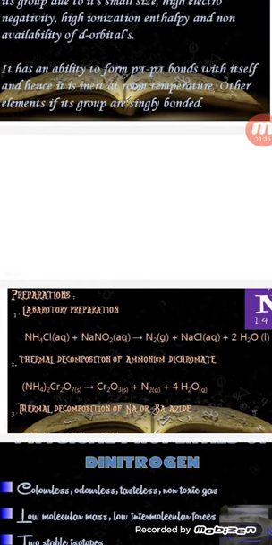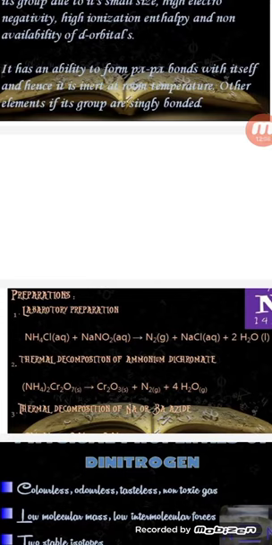Sometimes we are asked questions like to write down the laboratory preparation of nitrogen. To prepare nitrogen in the laboratory, we use whatever nitrogen containing compounds are there in the lab. Very easily available nitrogen containing compounds in the lab are ammonium chloride and sodium nitrite. When ammonium chloride and sodium nitrite are mixed in aqueous state, nitrogen gas comes out, and sodium chloride and water are formed.